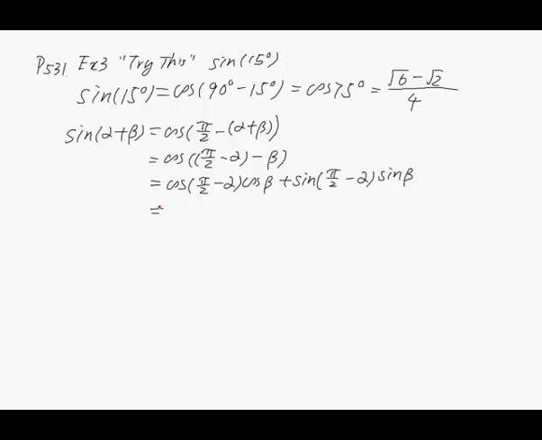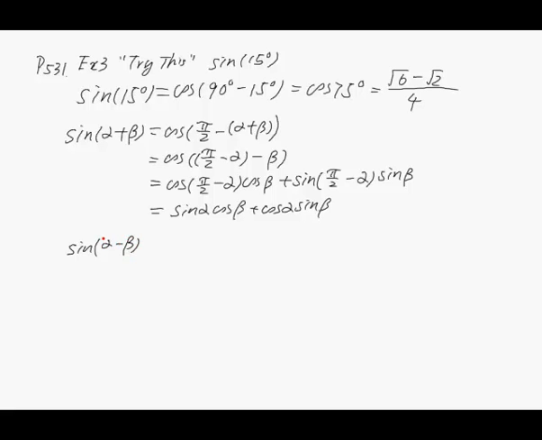And by the cofunction identities, we know cosine of half pi minus alpha is equal to sine alpha, right? And sine of half pi minus alpha is equal to cosine alpha. Then we get the identity for the sine of a sum, right? Now, in a similar way, we can find the sine of alpha minus beta, as we got the cosine of alpha